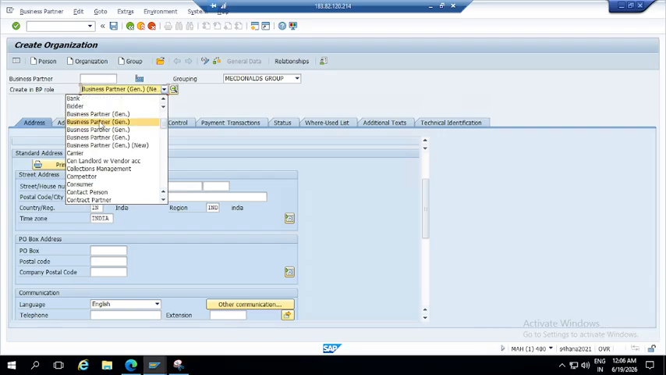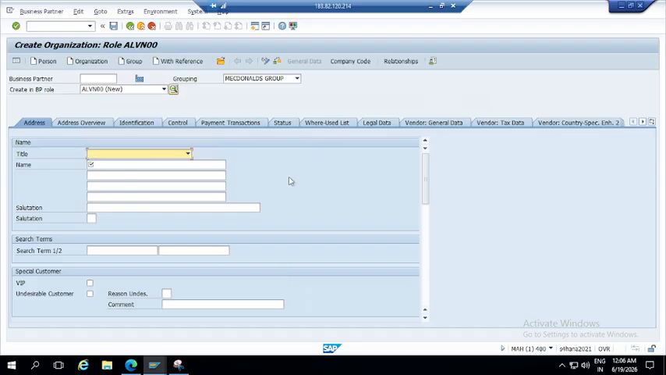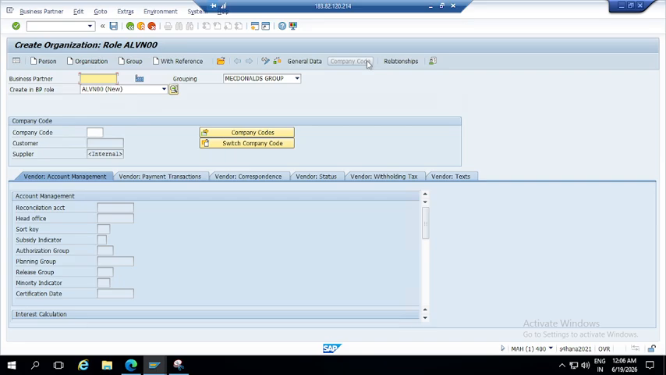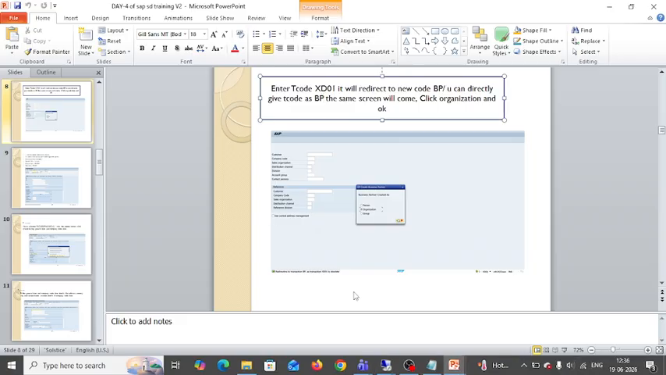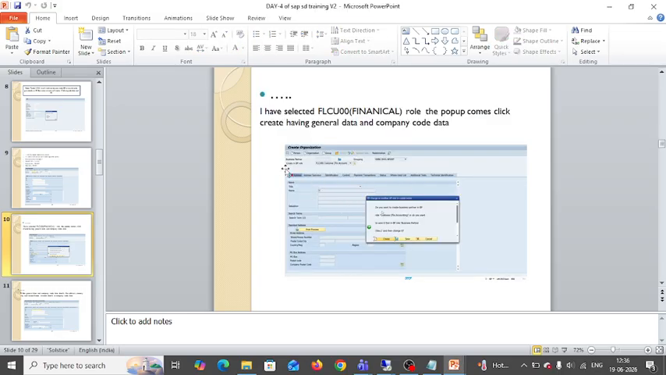These are the roles. If it is general, it will show general data, general related address details. If it is ALVN00, if you click on create, then it will give the general details of the supplier, not customer. It is VN, then it is vendor, then company code data, everything will be here. If you see here, first we have to choose organization, and then in the next screen which role you are going to create, whether it is company code data you are going to fill, general data, or sales area data. We have to give a role